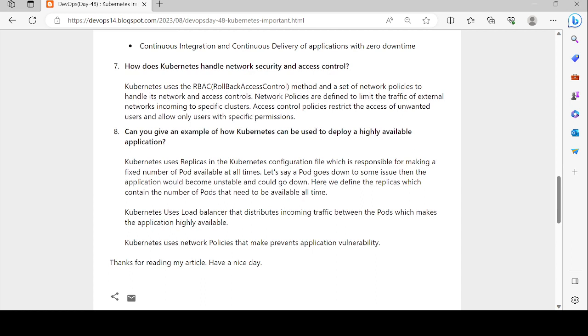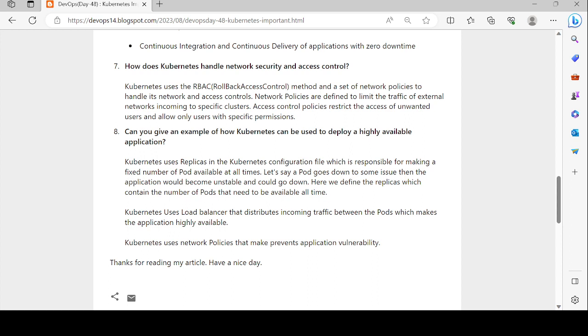Can you give an example of how Kubernetes can be used to deploy a highly available application? Kubernetes uses replicas in the configuration file, which is responsible for keeping a fixed number of pods available at all times. If a pod goes down due to some issue, the application could become unstable. So we define replicas, which contain the number of pods to be available all the time.